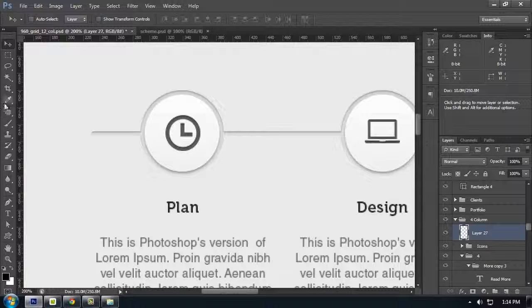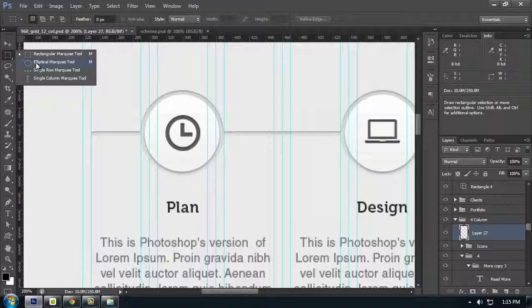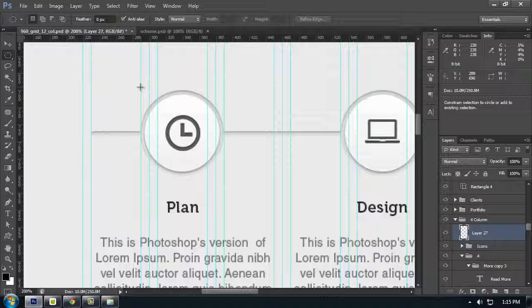Above it, show the guides, and then use the elliptical marquee tool. While holding Shift and dragging until you reach this guide, the width will be 100 pixels by 100. Release the Shift and the mouse,